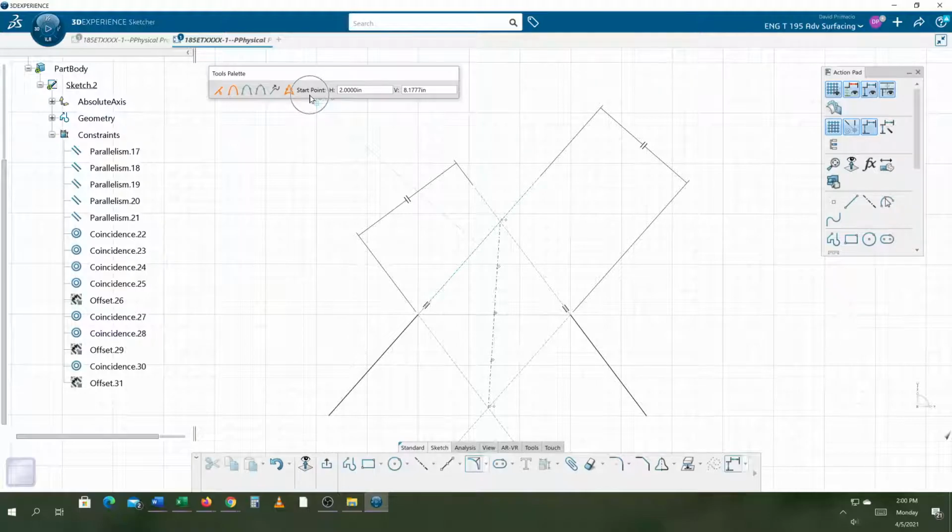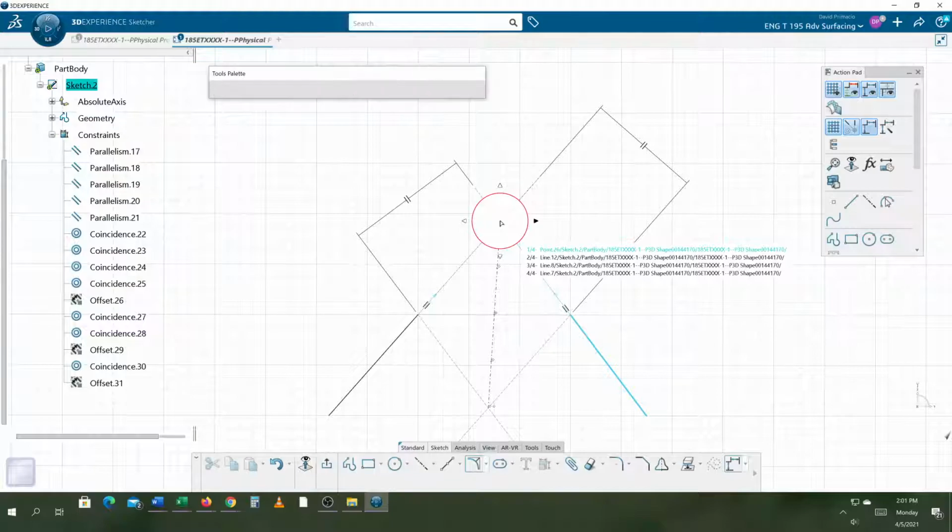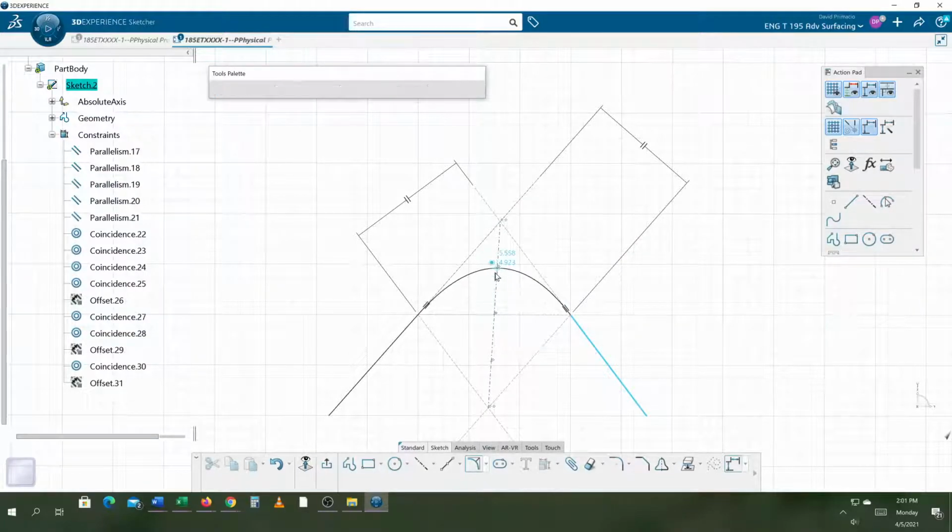Again, it asks for the start point, which is here. It now asks for the end point, which is here. It now asks for a tangent intersection point. This line is tangent to this line. This line is tangent to this line. This point is the intersection of those two lines. So I'm going to try and get that point. And then I'm going to click on the parameter, or that point right there. You'll notice that it says a parameter